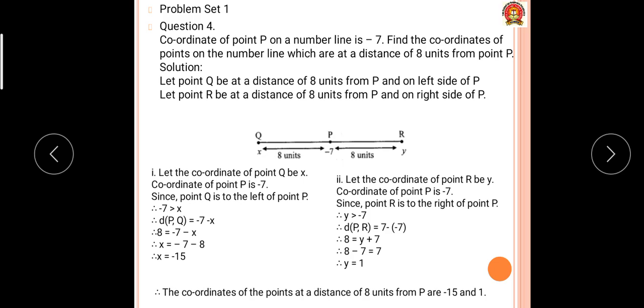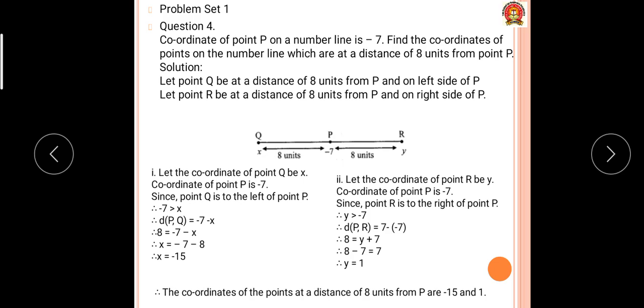Now, today I am going to explain some examples from problem set one. This lesson we finished last week, but some students have some doubts. So some examples which are a little bit hard, those examples I am going to explain today. Now see question number 4, because the first 3 questions are very easy, students, and I thought everyone